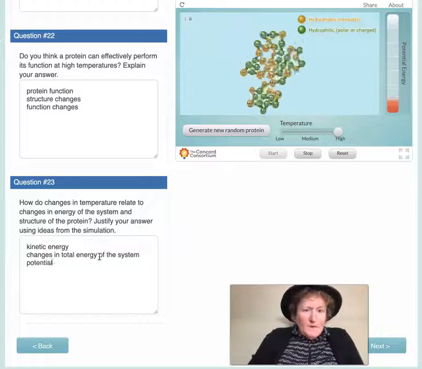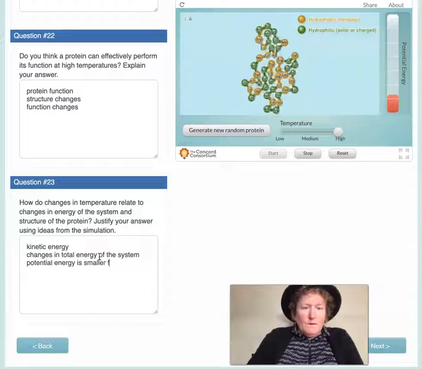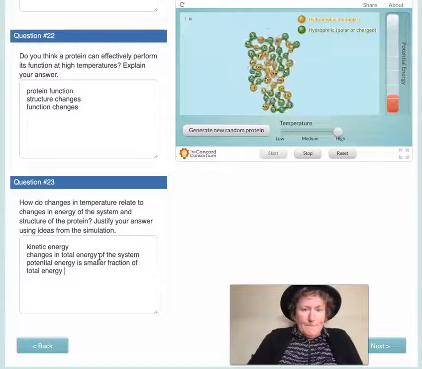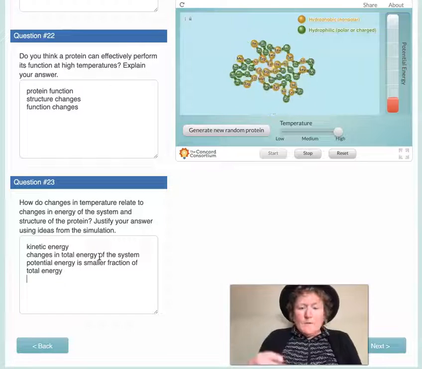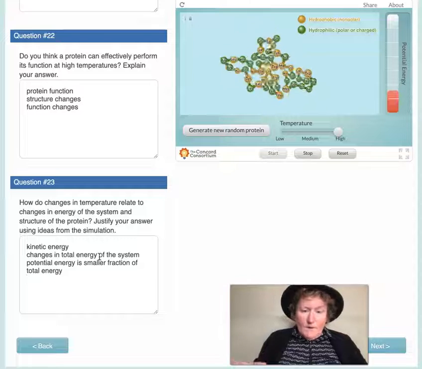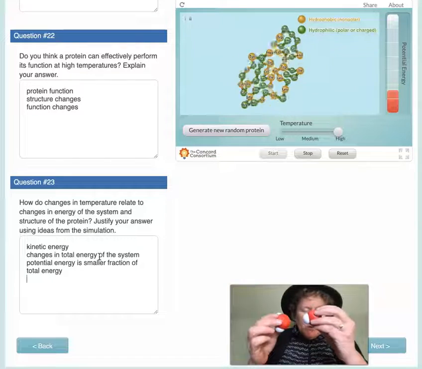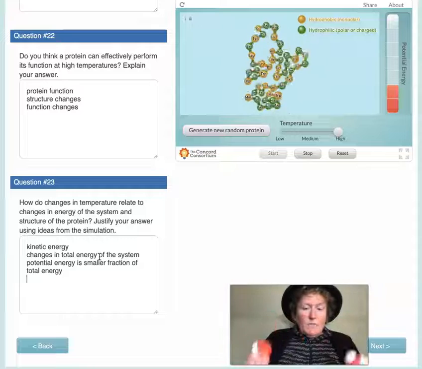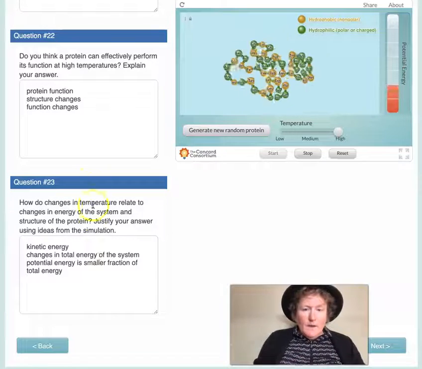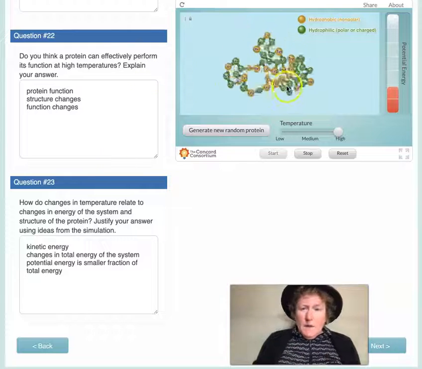The potential energy is a smaller fraction of total energy. So it's not that the potential energy between the polar molecules goes down. It's just as more energy joins the system, this potential energy is a smaller portion or a smaller fraction of the total energy. And so there's just more energy in the system, and that's causing the